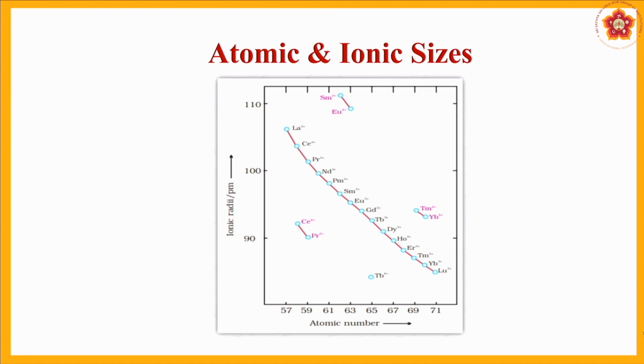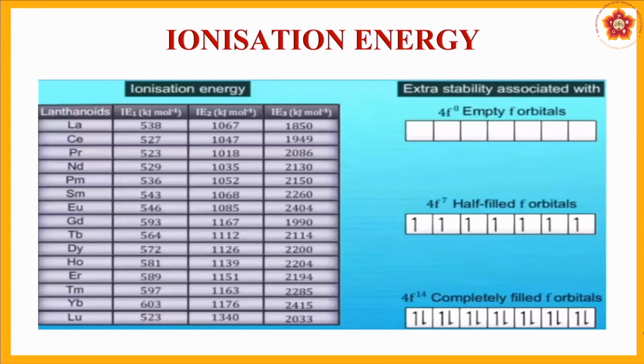This is just a diagrammatic view of the atomic and ionic sizes. You can see that the straight line which is coming down is all for the +3 state. Some points are denoted here and there; those are not for +3 states, but for other variable states where they are possible to be stable. For the +3 state we see a gradual decrease, and this gradual decrease is nothing but the effective nuclear attraction present in the lanthanoids. So this is about the atomic and ionic sizes.